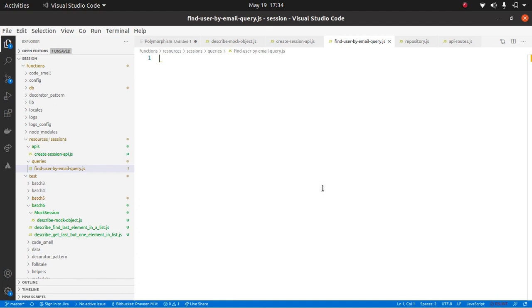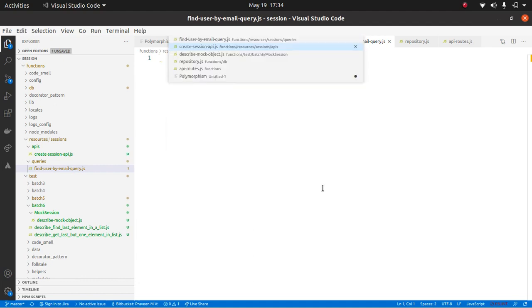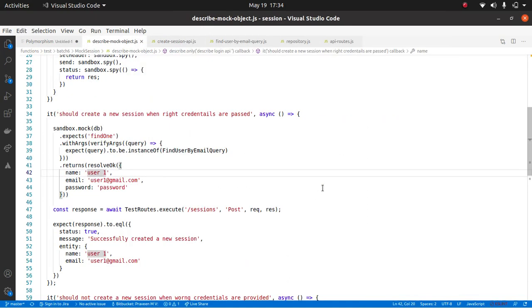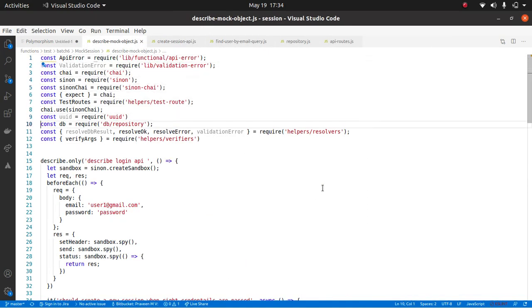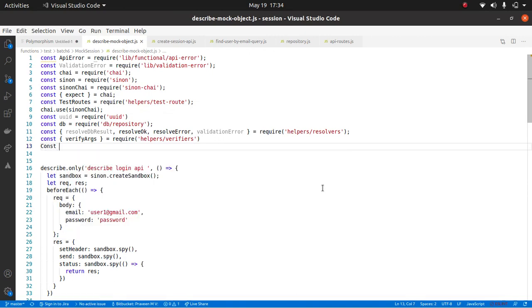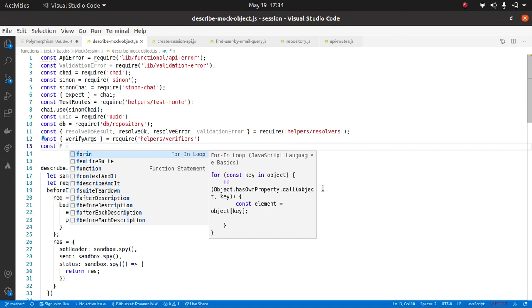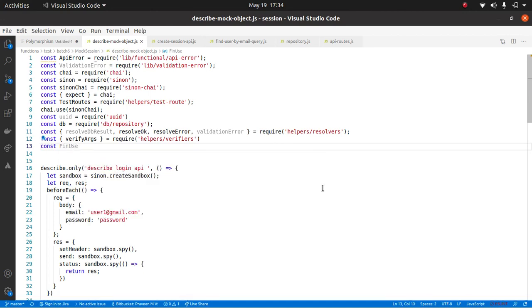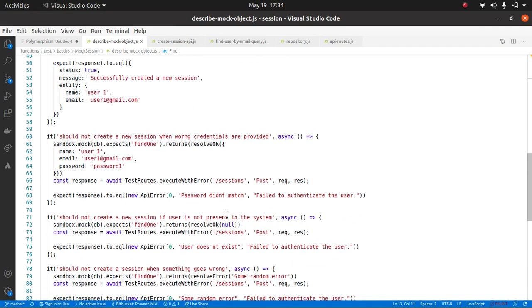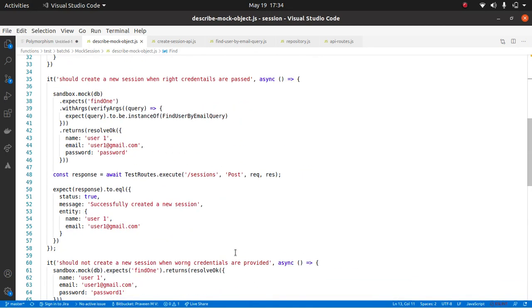Now I shall copy this thing over here. Where should I copy? Here I'll basically call that guy const find user by email query. I'm just going to copy this guy just to make sure the spelling is correct. Find user by email query.